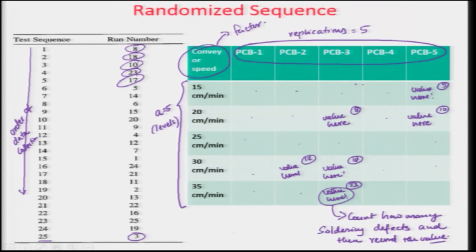Another way to think about it is, this 8 will be your first run. I am just going to put the numbers right here. This is the value that you are going to collect as number 1, 18 is number 2, then 10 is number 3, your third value that you collect. Your fourth one is 23, so this is your 4. Then 5 is 17, here is your fifth value, then the sixth value is 5, so here is your sixth value.